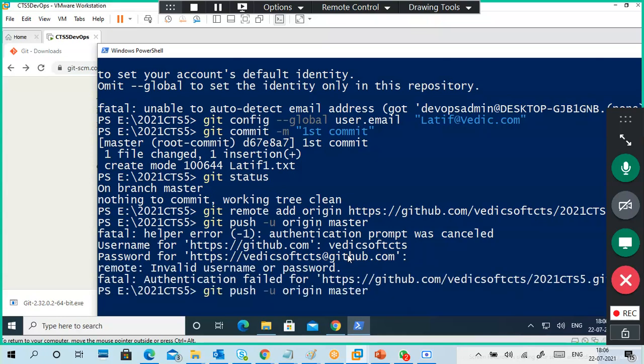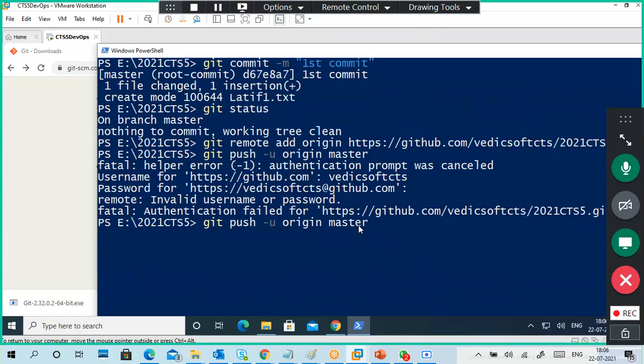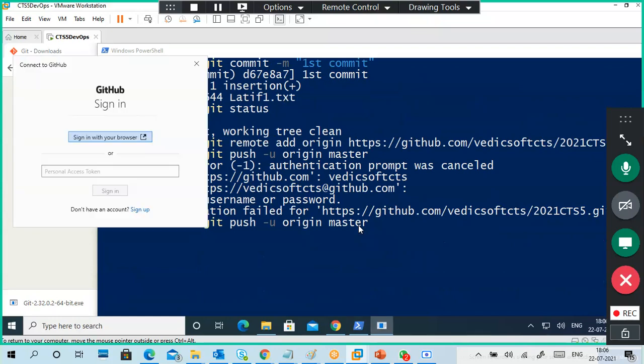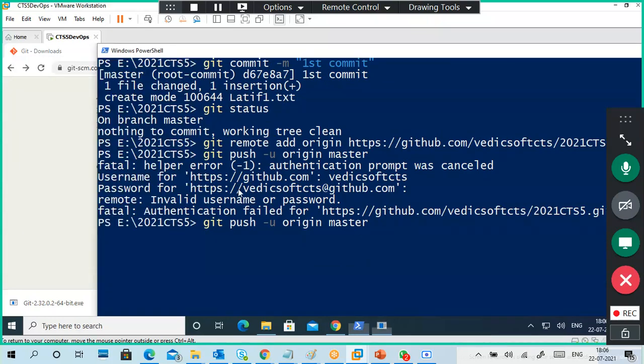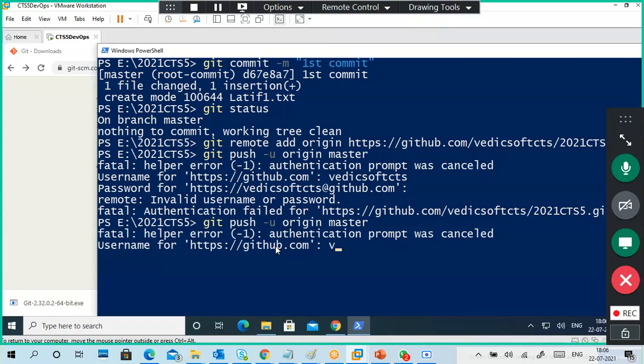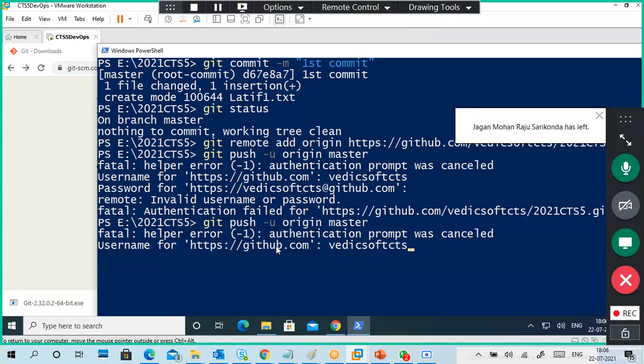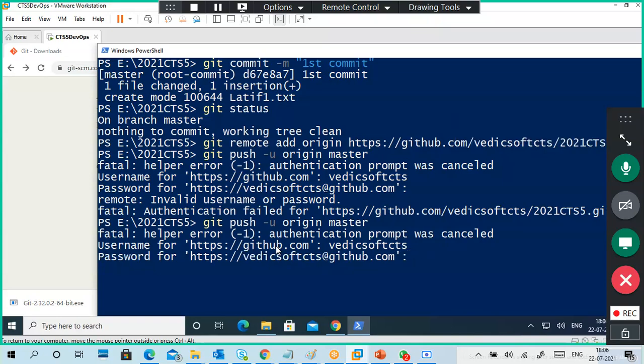Authentication failure because I forgot the password. But for the entire system, one time only, git will store this username and password information inside. Did I change any recent password or not? This is the password I always use.